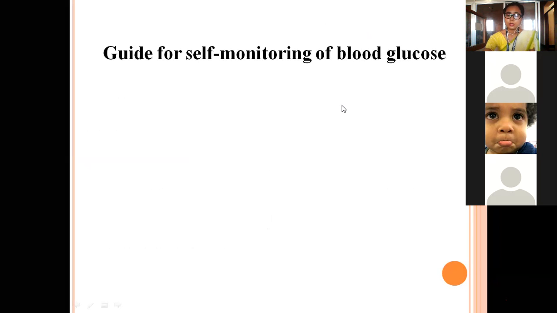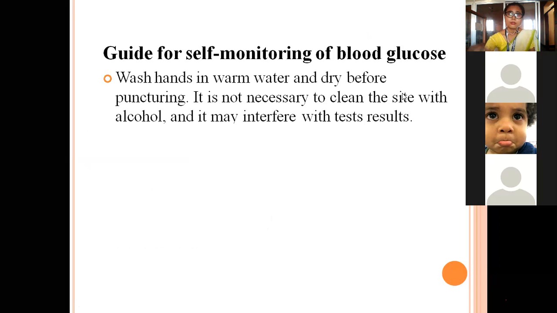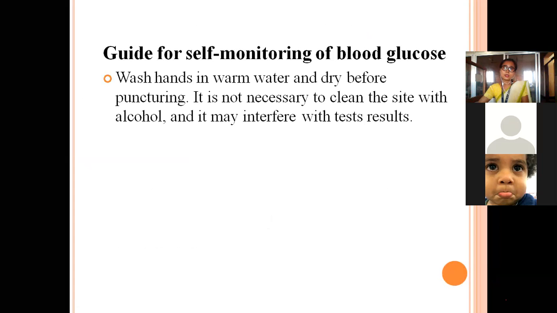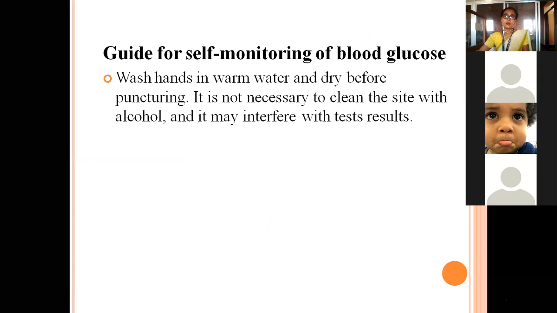Guide for self-monitoring of blood glucose means how to perform the self-monitoring of blood glucose. First, wash hands in warm water and dry before puncturing. And then in the hospital